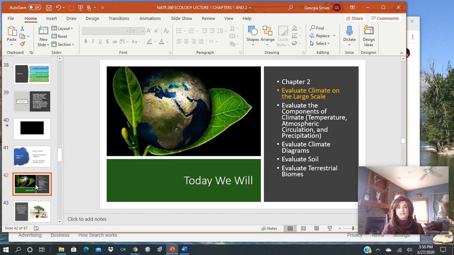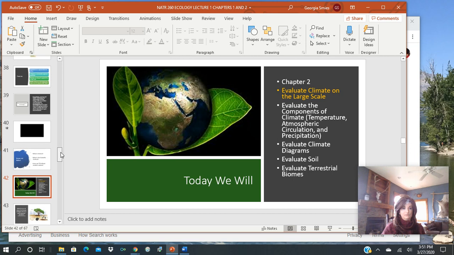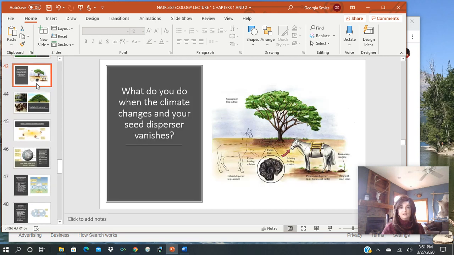Okay, we're going to move into chapter 2, and I can move through this chapter pretty quickly because a lot of it is review. We're going to be looking at climate on the large scale, components of climate, soil and terrestrial biomes. Your book does a wonderful job of sharing some case studies of what has happened in certain ecosystems when climate and the effects of climate have altered species composition, and as a byproduct of that,